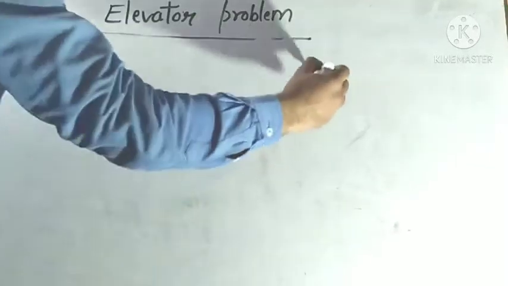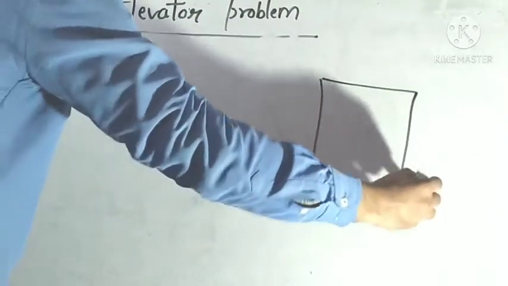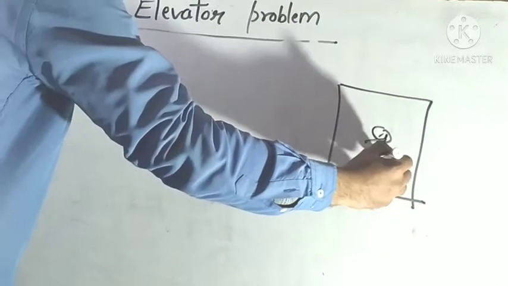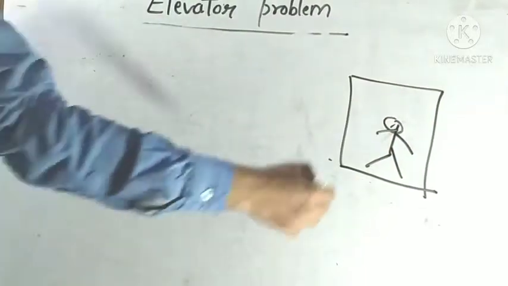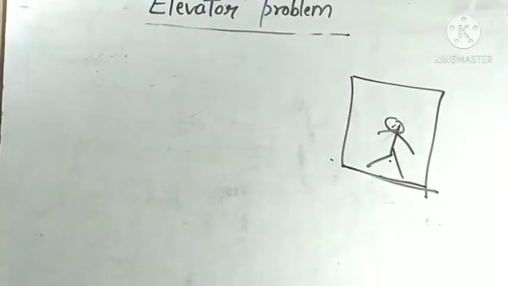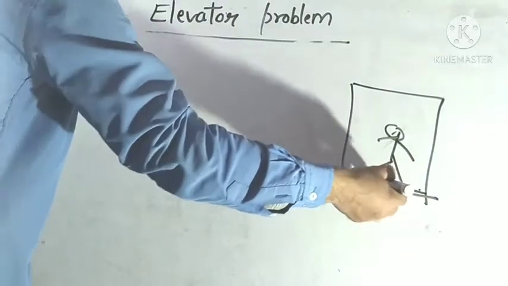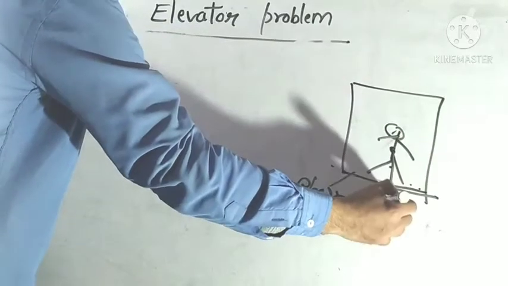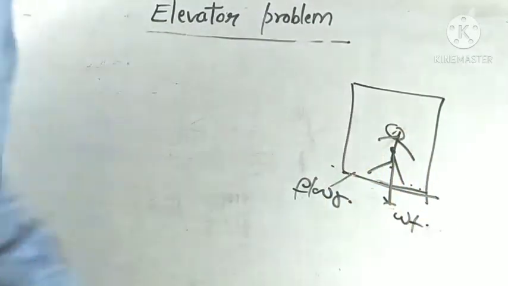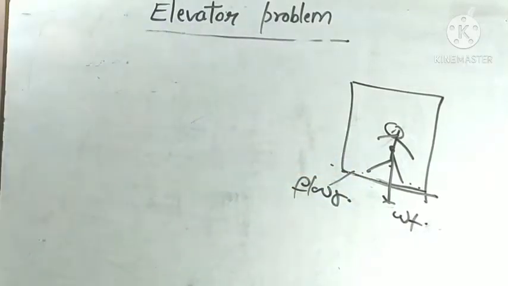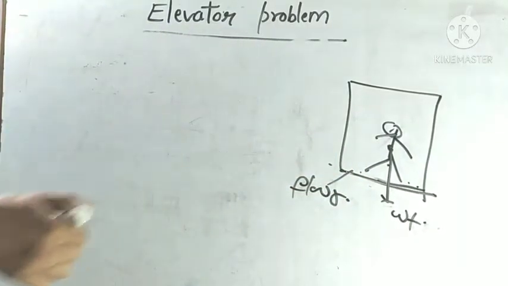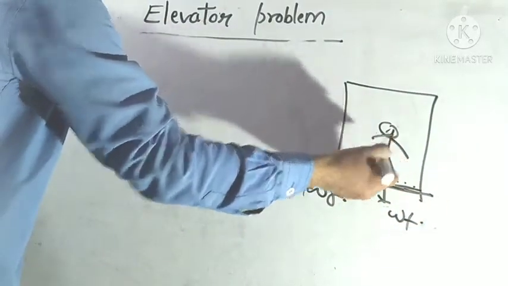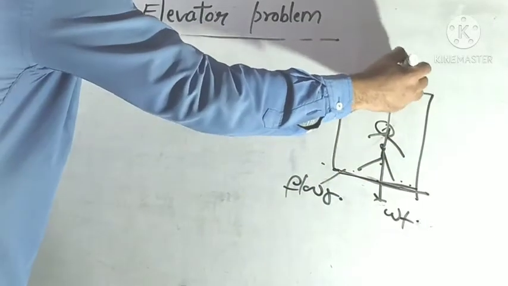So here we take any lift, and we already know that a lift or elevator is a moving object. When a person inside this lift experiences the virtual force due to the dynamic state of the lift, and stands on the floor of the elevator, the weight of the body works downward. According to Newton's third law of motion, every action has an equal and opposite reaction. So the floor of the lift also exerts an equal and opposite force on this man, which is called the reaction force.